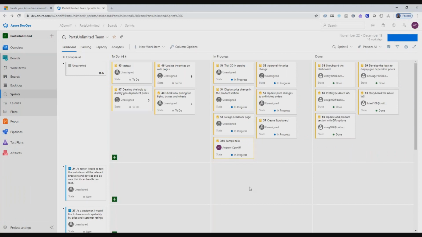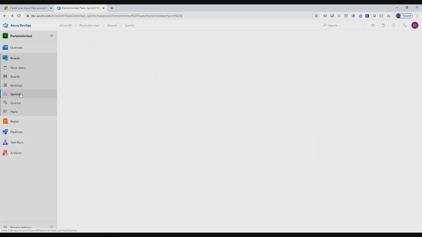So depending on what your flow is, if you're inside there and you're just positioning your work items, sometimes the Scrum Master or the project manager will be in there doing all of that work. And they'll just do it whatever way is easier. They'll either drag and drop or they'll go inside there and add notes and then move to in progress or done. This is the view that, as a developer, you're probably going to see the most. This work rapidly moves from to do to in progress and done because it depends on how long your sprint is. If you go into sprints at the top level,